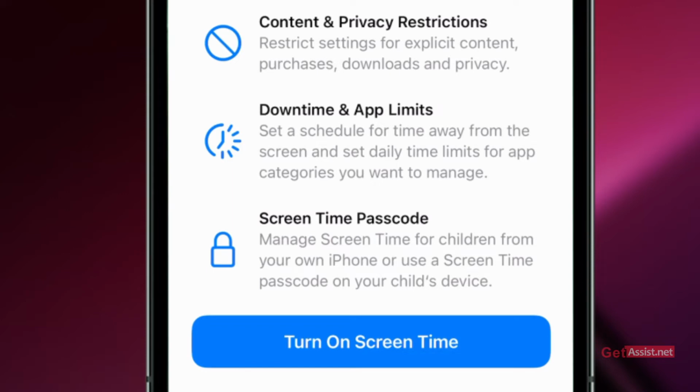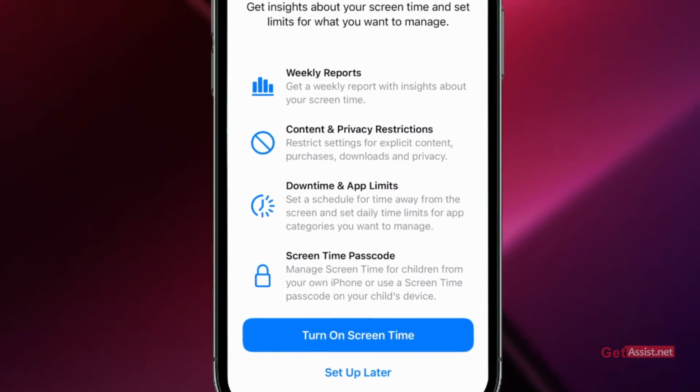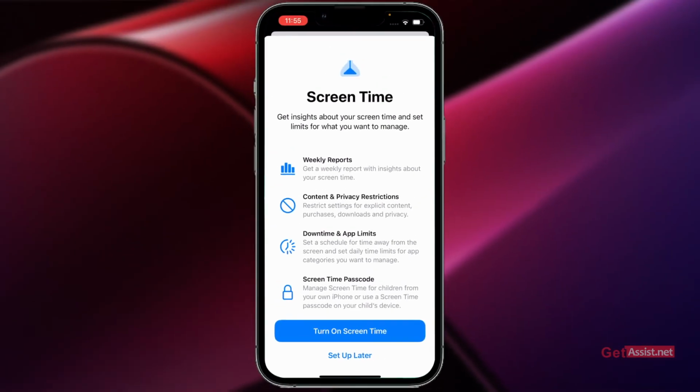There is nothing as such to keep private, but still if you want to keep this information restricted so that only you can see it, you can even set a passcode if you are